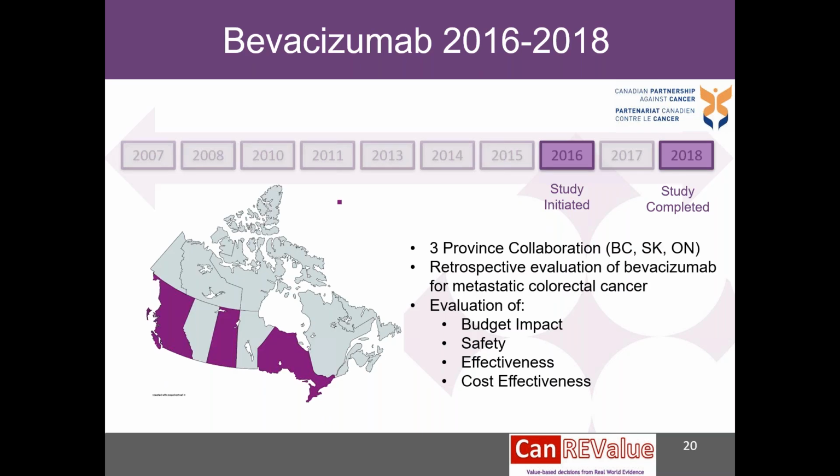Now, another example I want to share with you, and this is the last example I want to share with you at this point, is a study that was conducted in 3 provinces. And in Canada, we have multiple provinces, and many of us have heard about the fact that some of the provinces, actually a lot of the provinces, have pretty good data, especially in the cancer space. And often are population-based, so that they are unselected, and we have everyone's experience that we can try to collect